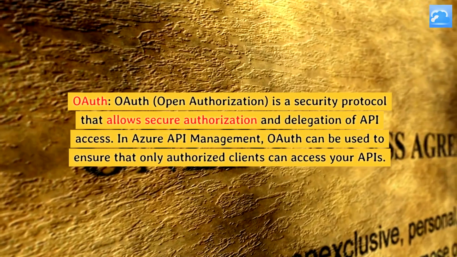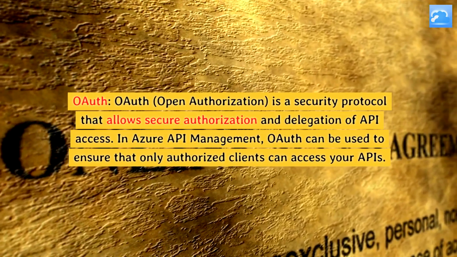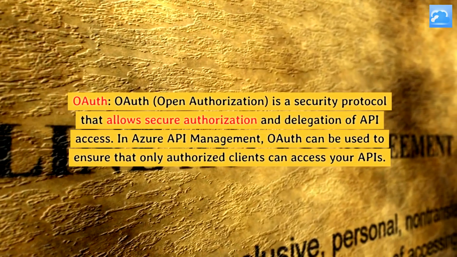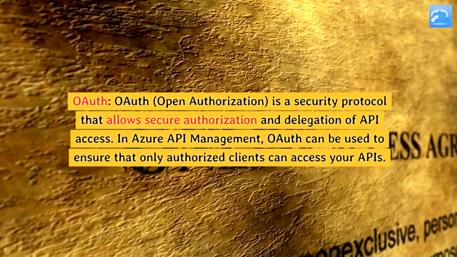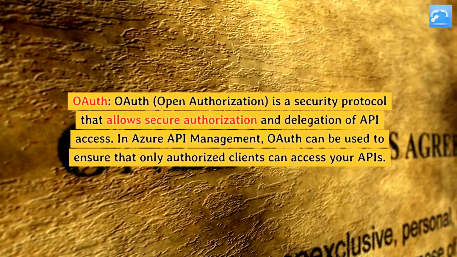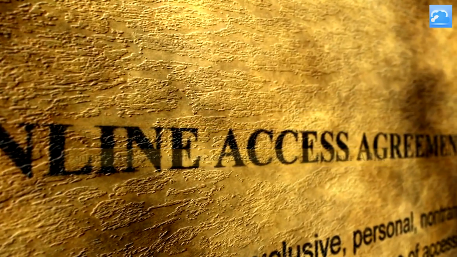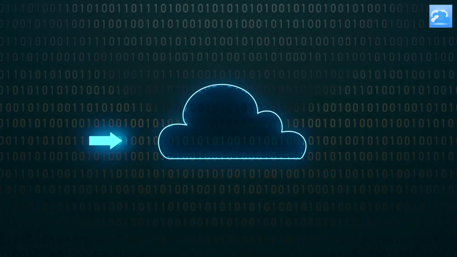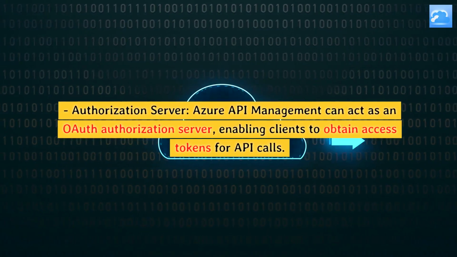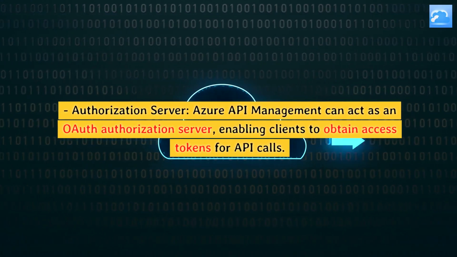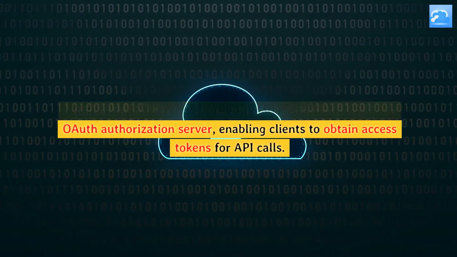OAuth, Open Authorization, is a security protocol that allows secure authorization and delegation of API access. In Azure API Management, OAuth can be used to ensure that only authorized clients can access your APIs. Features: Authorization Server. Azure API Management can act as an OAuth authorization server, enabling clients to obtain access tokens for